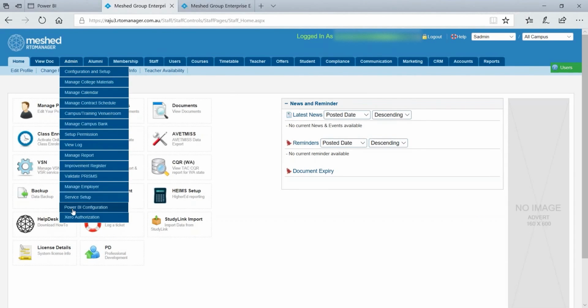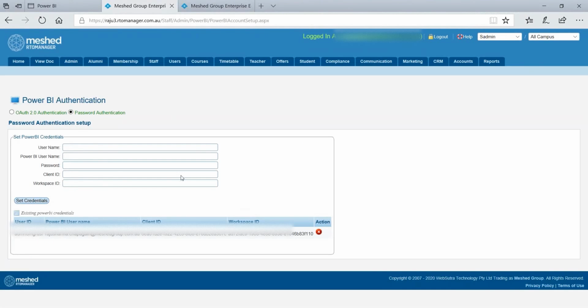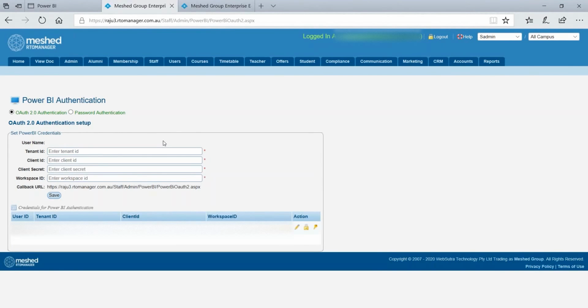Within admin, there is a Power BI configuration section. There are a couple of different ways that the Power BI configuration happens. If you've got multi-factor authentication, there is an OAuth process. If you've got a legacy system, you can use password authentication. One of the things you need to have is tenant ID, client ID, your secret, and workspace ID initially in order to set up your credentials within MIST to connect with your Power BI,